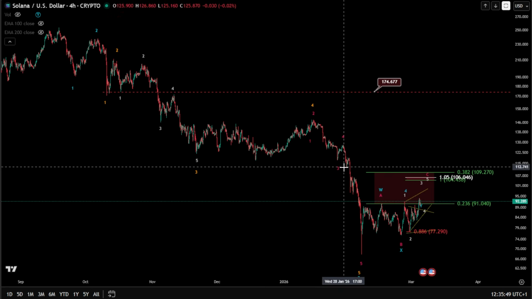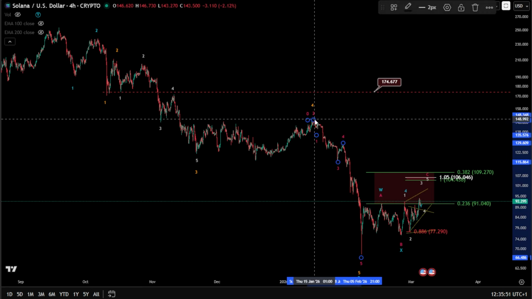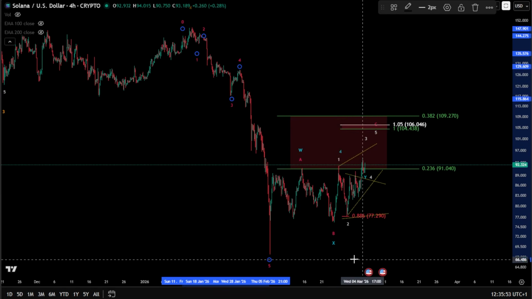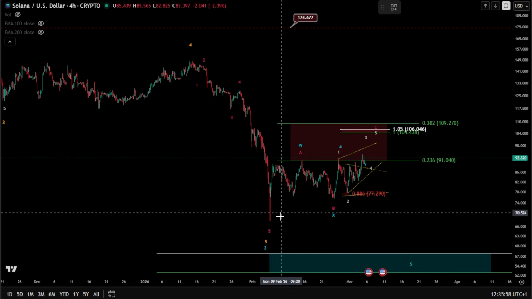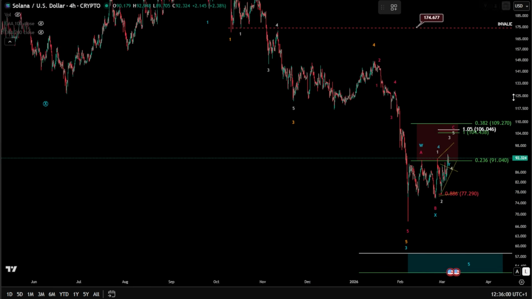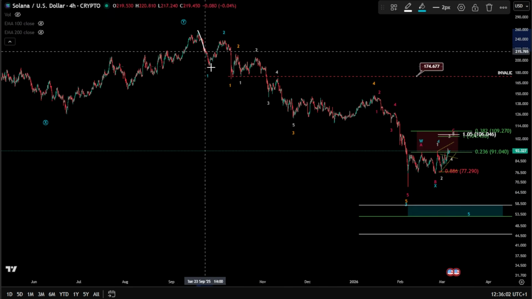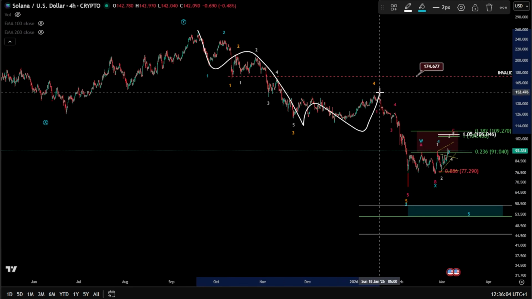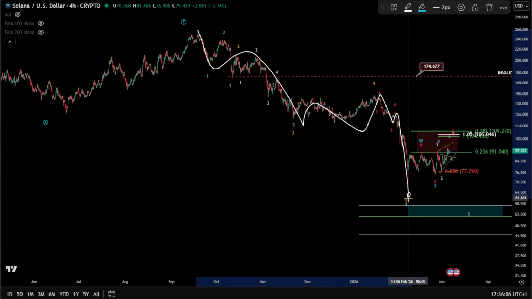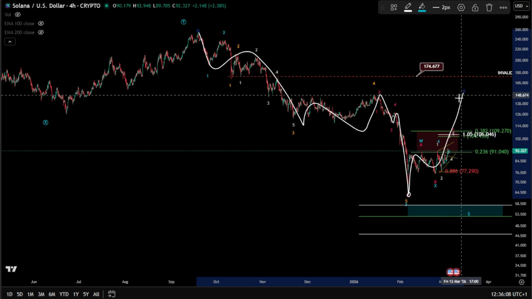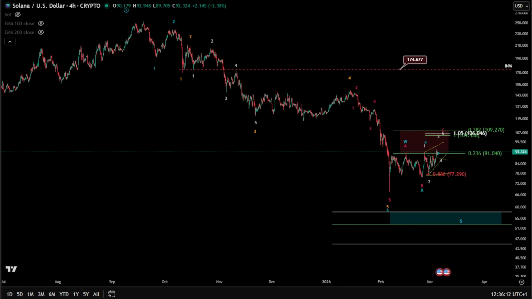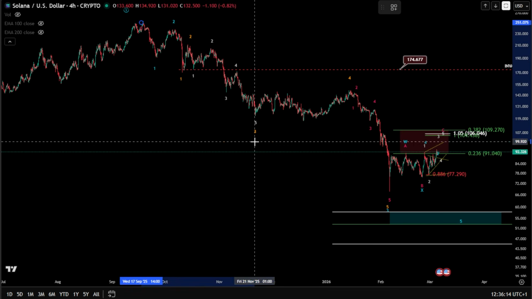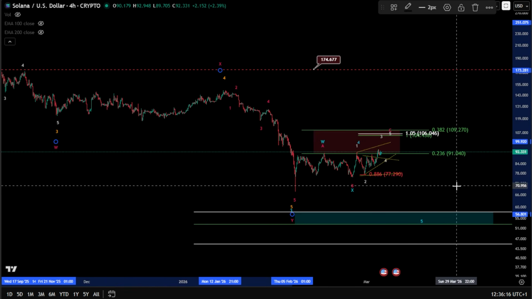So we have also here a 1, 2, of course, 1, 2, and then 3, 4, 5 toward the downside, and W, X, and a Y can be. But don't forget that you can be finished here also as well in a potential W and X and ABC as a wave Y, and then looking for higher in a 1-2, of course. But this is, of course, for me somehow a little bit lower possibility, but we have to keep